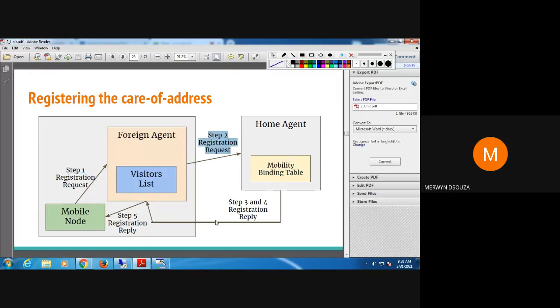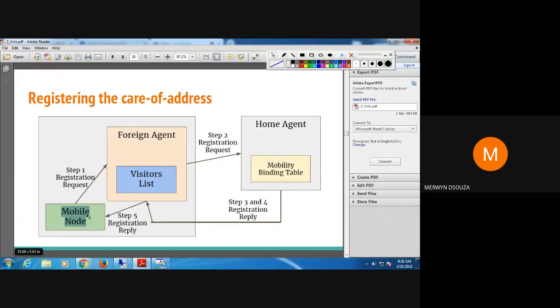Then once the foreign agent gets the acknowledgement, it updates the visitors list table and makes an entry for the mobile node. Once this is done, it acknowledges the request of the mobile node. So that is step 5. Clear? So this is how the mobile node registers the care of address with the home agent.